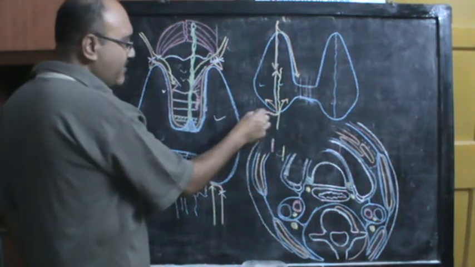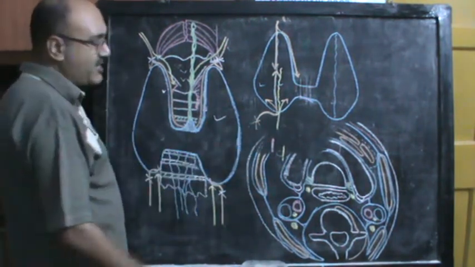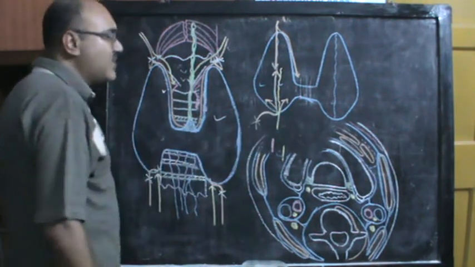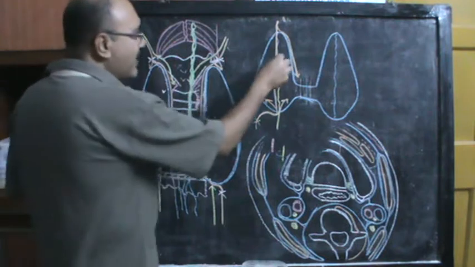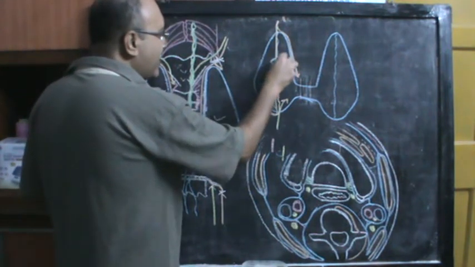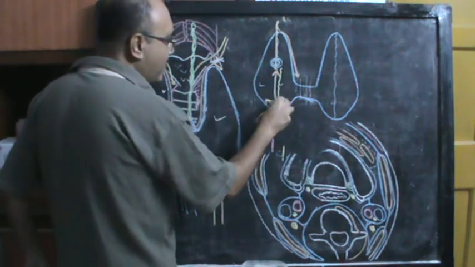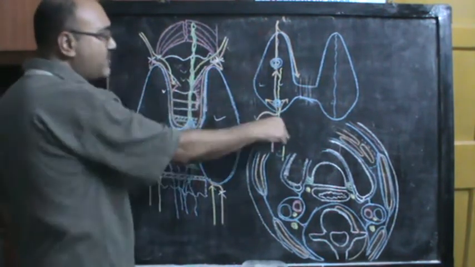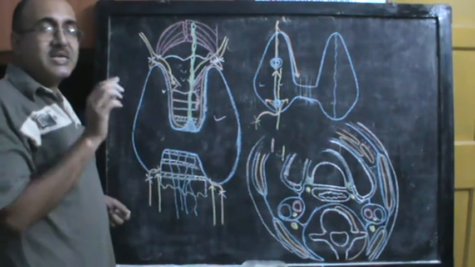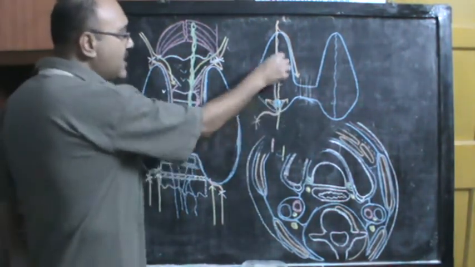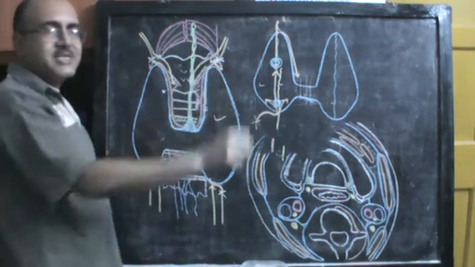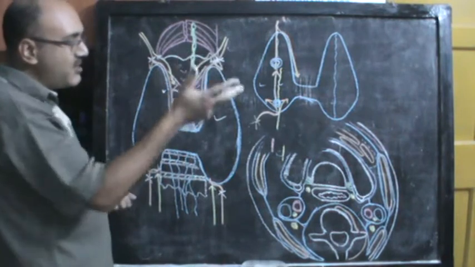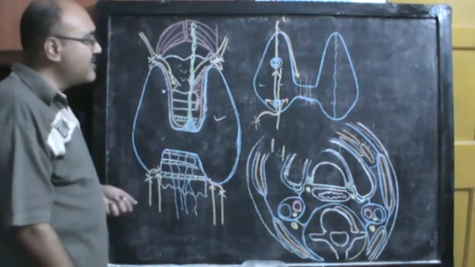That is why traditionally we used to say that you have to cut the inferior thyroid artery here away from the lower pole. Although now we are saying that it's better to cut these individual branches and spare the parathyroid glands. One parathyroid gland here and one close to the lower pole. Usually one close to the lower pole. So when you are dissecting this posterior border, you have to be rather careful so that you don't injure the parathyroid glands or the recurrent laryngeal nerve, either of the two. So now more or less we have covered all around all the different parts of the thyroid gland.